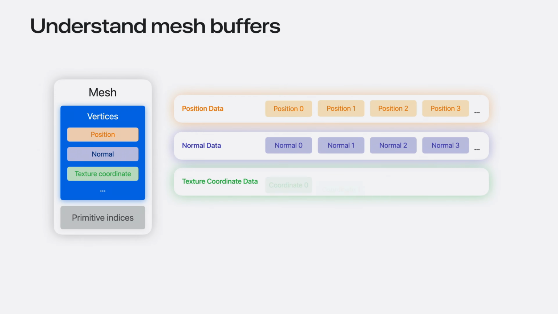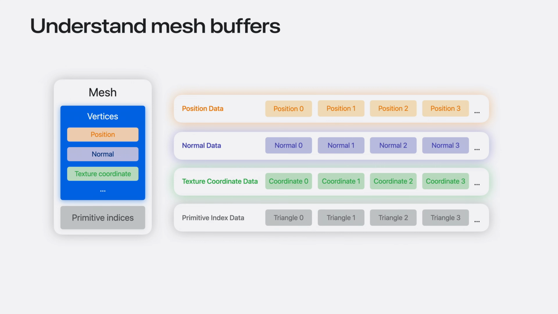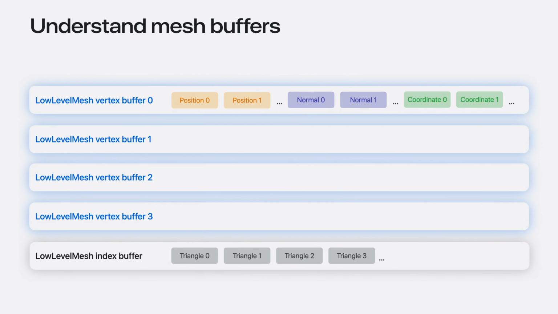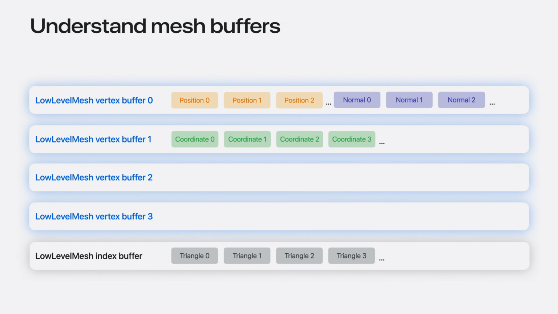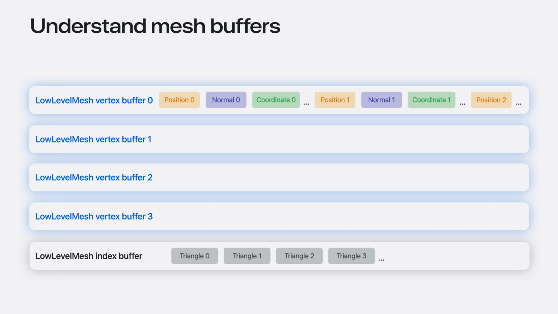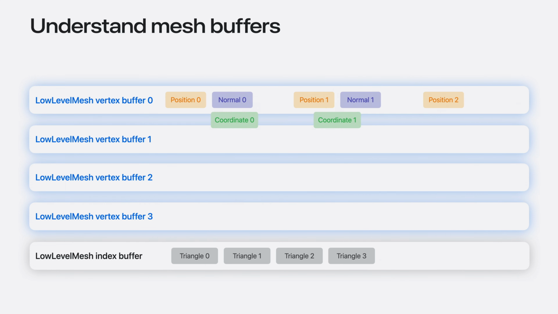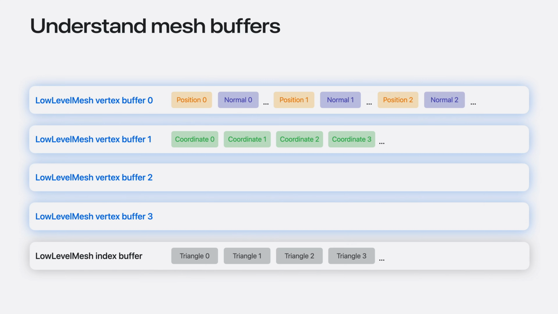With Low-Level Mesh, you can arrange your vertex data in a wide variety of ways. You have 4 distinct Metal buffers to use for vertex data, so we could use a similar layout to RealityKit's standard layout. But sometimes it is useful to have more than one buffer. For example, suppose you needed to update texture coordinates more frequently than any other attribute. It is more efficient to move this dynamic data to its own buffer. You can rearrange the vertex buffers to be interleaved, or a combination of interleaved and non-interleaved. You can also use any Metal primitive type, such as triangle strips.